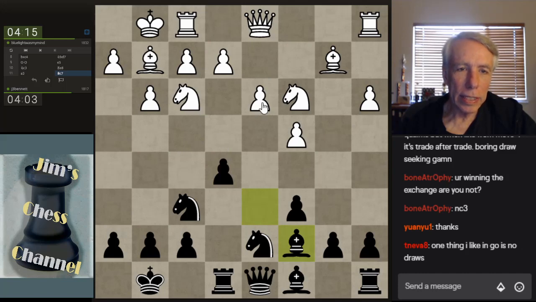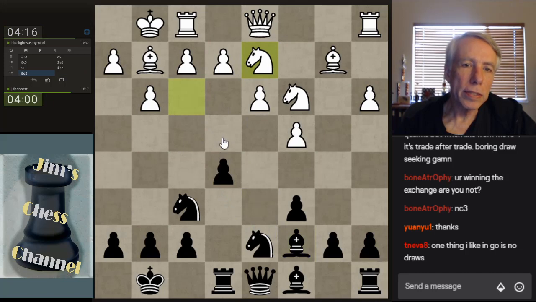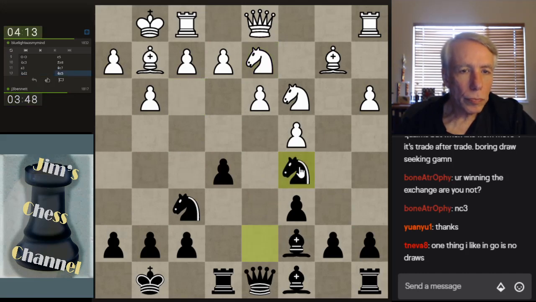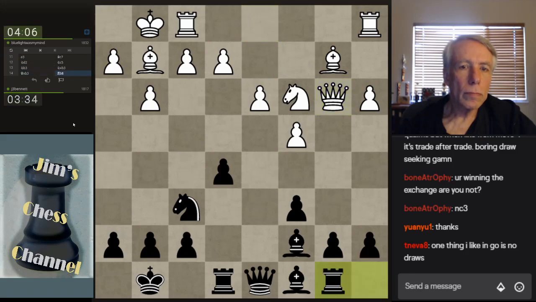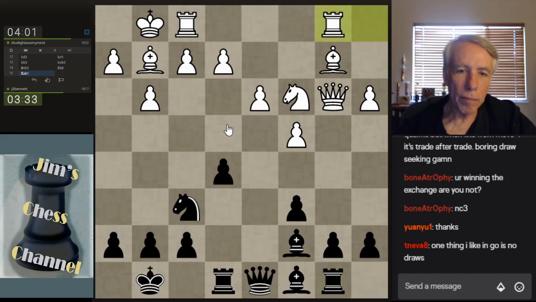Now I can play e4, I guess. Hits the knight, hits the pawn. He takes, I take. This is kind of pinned. Is he stopping it? He is stopping it. Okay, we'll do something else here. Looking at this weakness on d3 as well. I want to bring my bishop out to f5, pile up on d3 again, threaten e4 again, and